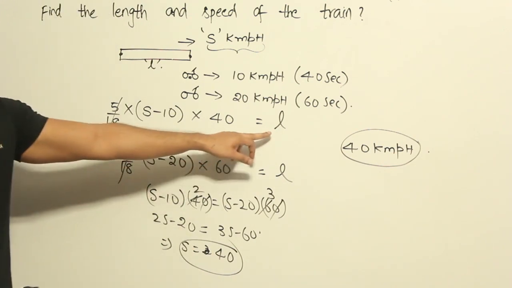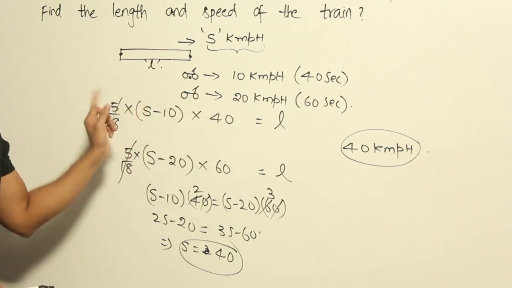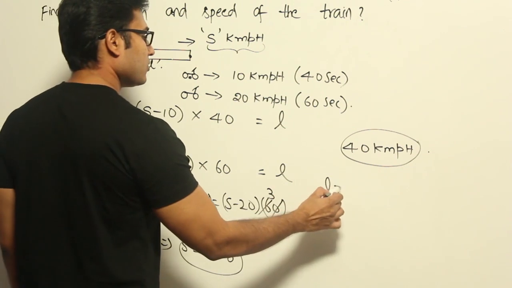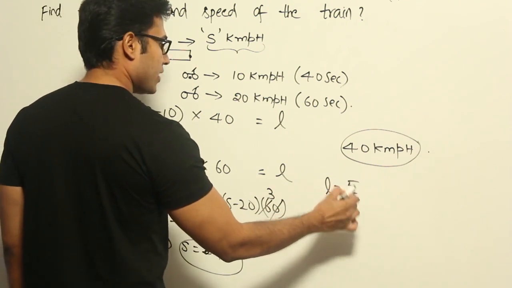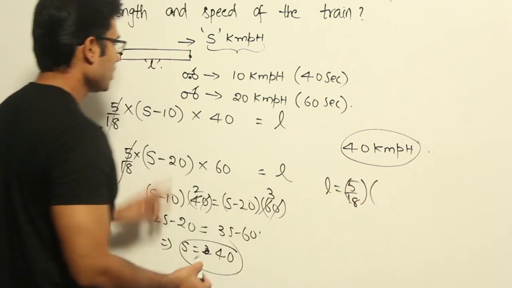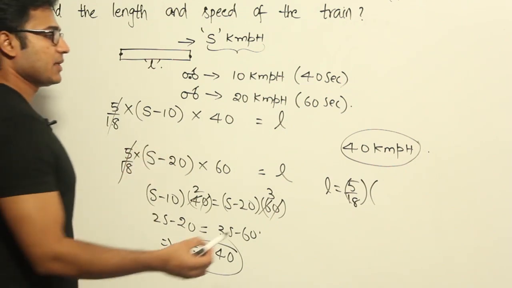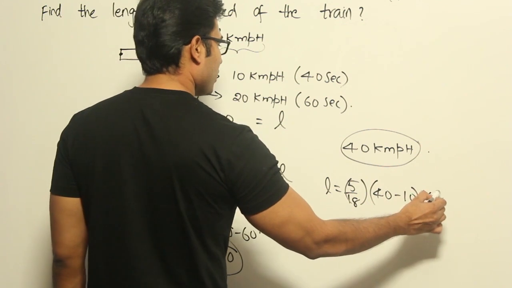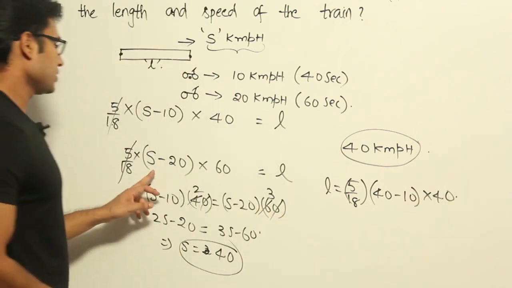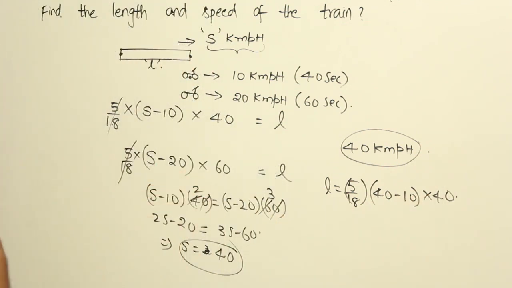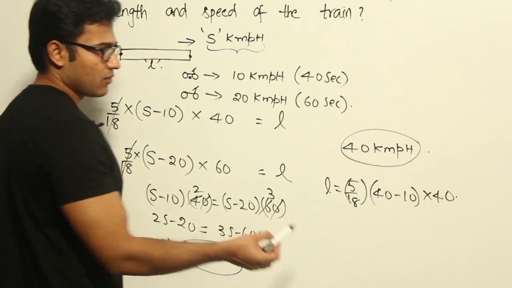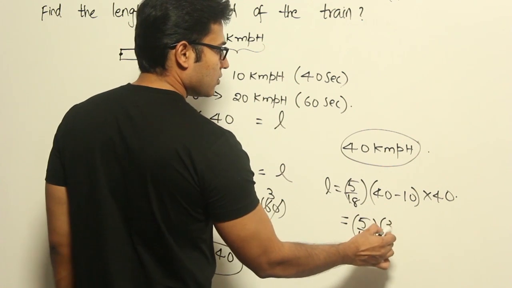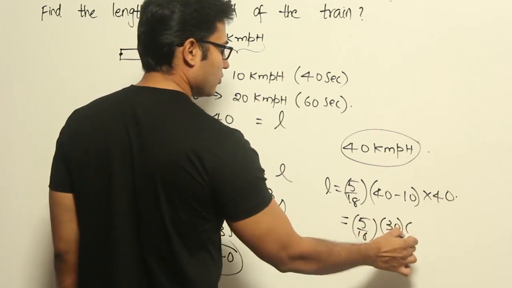As you know, the length equals this entire thing, right? 5 by 18 into this. So see, what is it? Length equals 5 by 18 into (S minus 10). So S minus 10 is 40 minus 10, into 40, or you can also say 40 minus 20, into 60. Anything is fine. Now if you compute it, it is going to be 5 by 18 into 30 into 40,